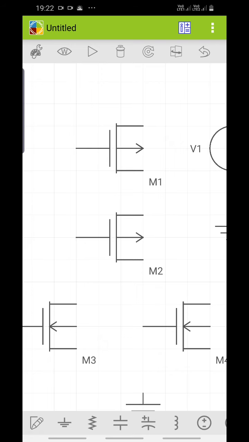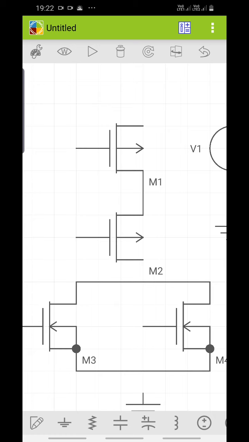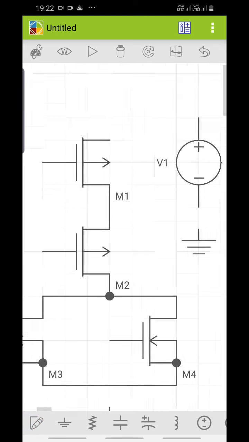For wiring, this pen symbol is used. Use the pen symbol and make the dots wherever we want. So series connection. In the pull down, we will do the parallel connection. Parallel is nothing but source is connected to source. Now I am connecting source. Drain is connected to drain. These are drains. And to avoid the body effect, the substrate will always be connected to the source. And here we can take the output.